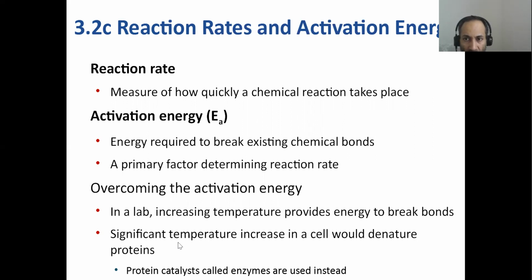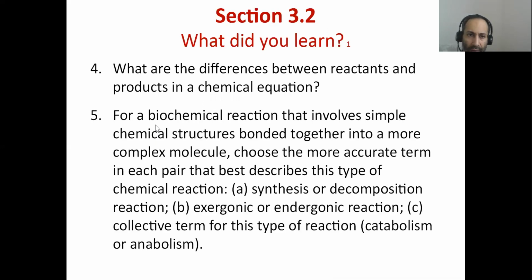And another way that you can speed up your metabolism is by adding enzymes or catalysts to this reaction. So what are catalysts or enzymes? Catalysts or enzymes are substances that lower the need for the activation energy. So they make the reactions go by faster, and reduce the amount of activation energy required to start a reaction. So catalysts or enzymes speed up chemical reactions, okay?